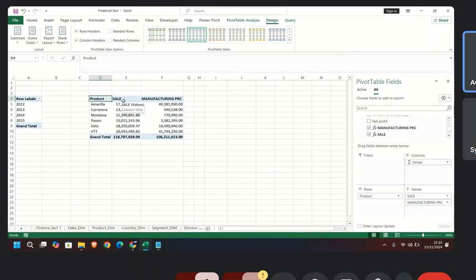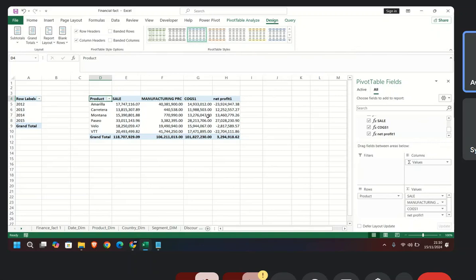And then from the manufacturing cost, you can decide to look at something like cost of sales, because we want to look at maybe the entire financials, the way it works. And then finally, we can decide to look at